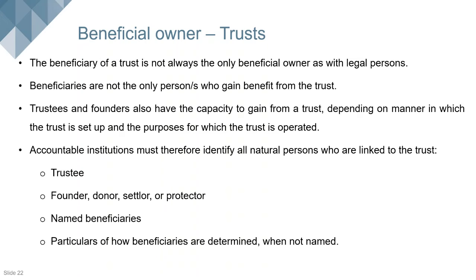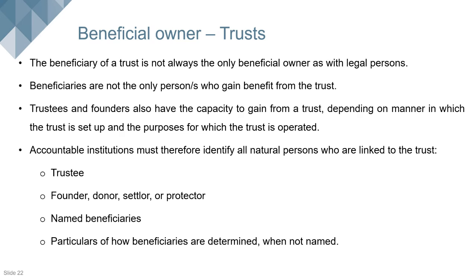Specifically for trusts, and I did mention that legal persons, trusts, and partnerships are specific entities where individuals need to be identified as per the amendments to Section 21B through the General Laws Amendment Act. For trusts specifically, it's not only the beneficiary of the trust that we identify as the beneficial owner, because beneficiaries are not the only persons who gain benefit from the trust. Depending on how the trust is structured and the purposes for which it has been created, a trustee or a founder may also have the capacity to derive benefit from the trust. So you need to identify, as an accountable institution per Section 21B,